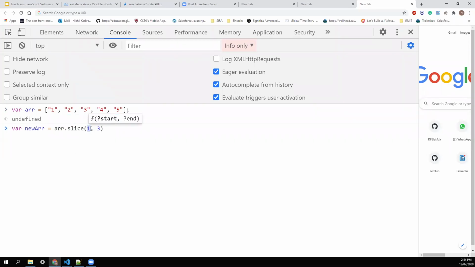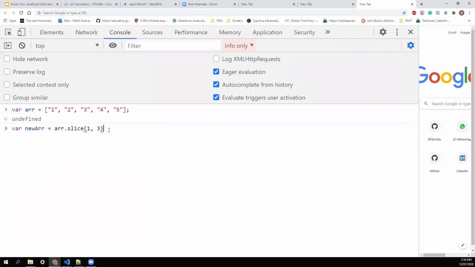Then it takes the start index from where to start, and the end index where I should stop my slice. The only difference between slice and splice is splice takes the length, how many elements to remove, but slice takes the index, and the last index will not be included in that slice.